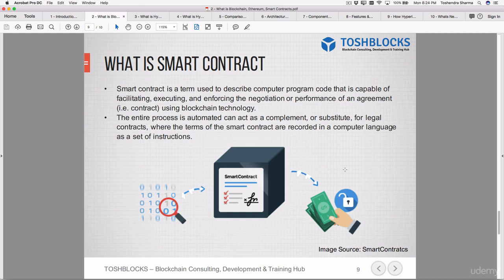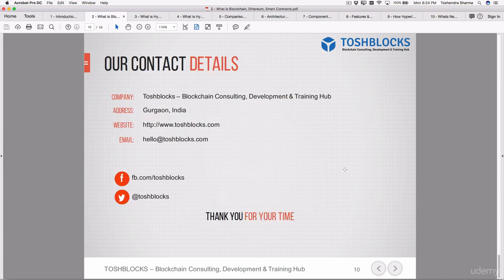The entire process is automated and can act as a complement and substitute of the legal contract, because the transactions are being enforced using a peer-to-peer network through consensus. So it is very difficult for a smart contract to be damaged, affected, or suspended once it has been deployed. Okay, so that's all about the blockchain and Ethereum and smart contracts.